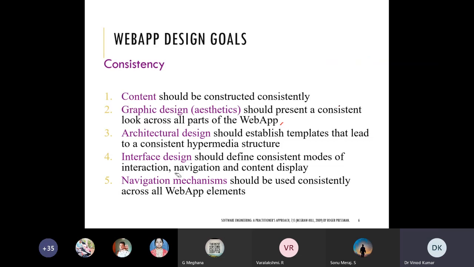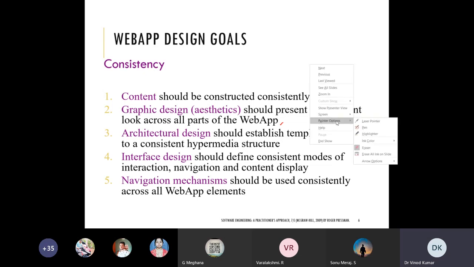For that, you need different modes of interaction. You will make the hyperlink. You may make the reverse, go back, forward, click here. So many ways you use to navigate into the websites. That works as an interface.